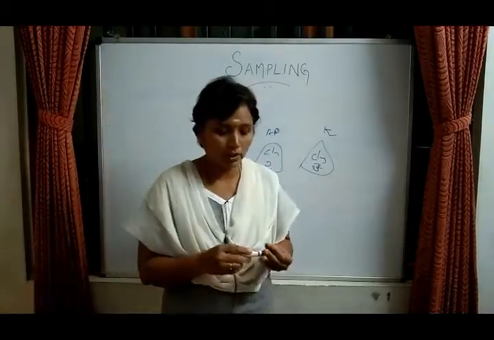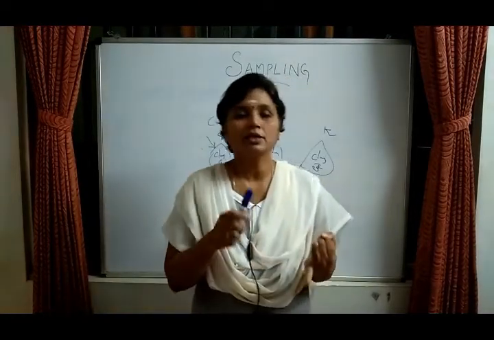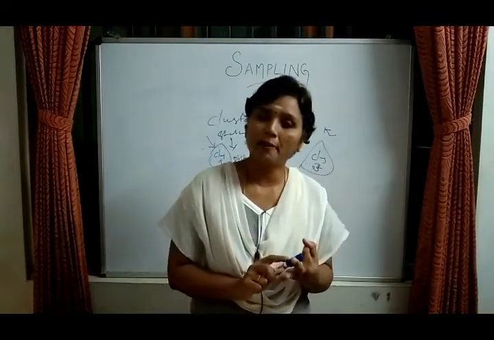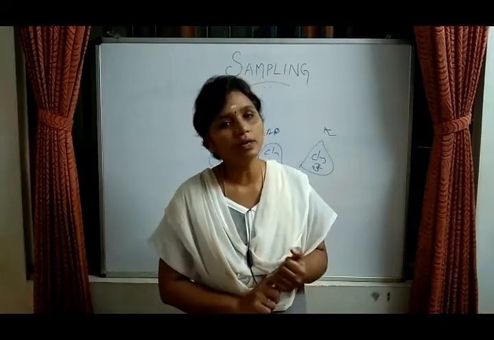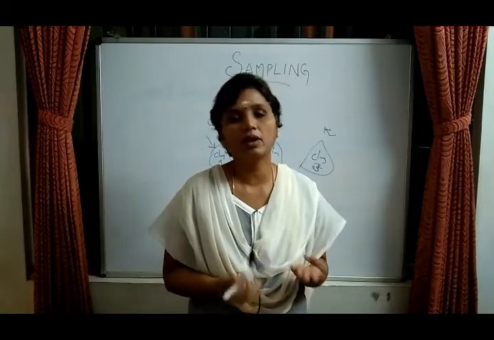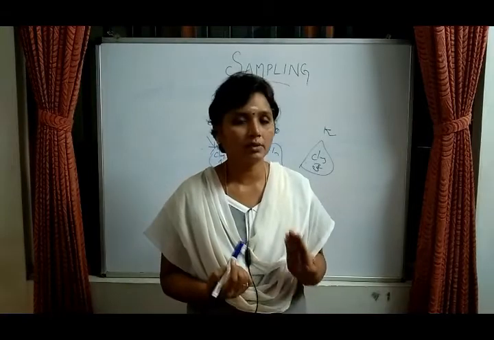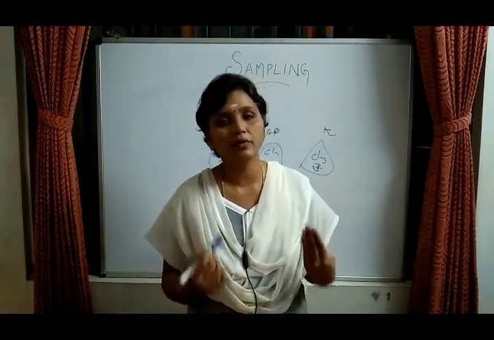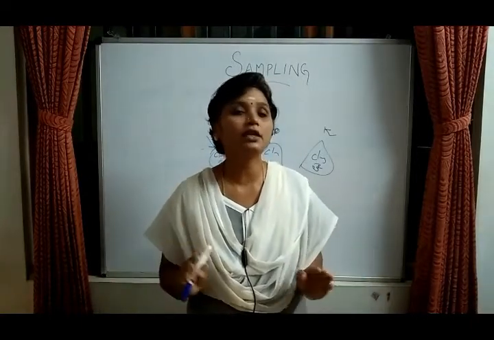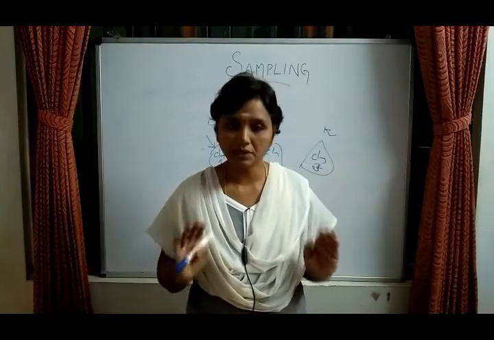You understood? So in the probability sampling we have seen simple random sampling, stratified sampling, systematic sampling, and cluster sampling. Okay, so these are the 4 methods we will be using for probability sampling. That means an equal chance is given to all the people. When we are using randomization, then the study will be considered a true experimental design.